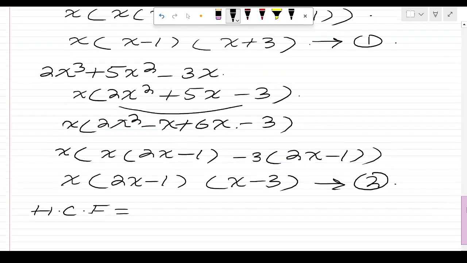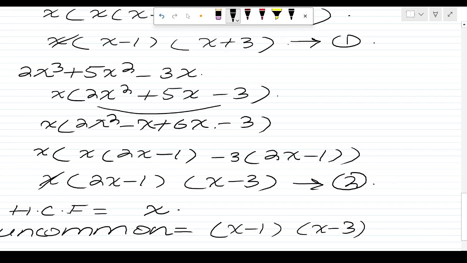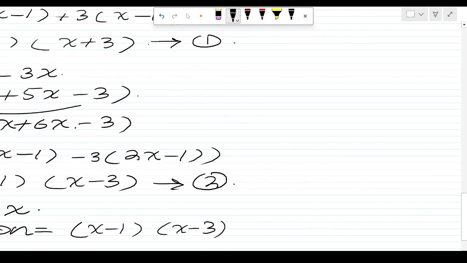Now what is common between the first and the second? Here we have x and in the second we also have x. So we will just take x as our HCF and then we will find the uncommon factors. So everything except x will be the uncommon factors. So that means x minus 1 and x plus 3. So I can write x minus 1, x minus 3 and then I'll just add space here and then I